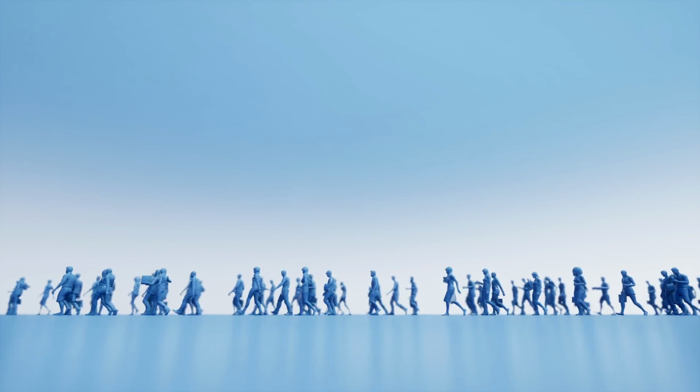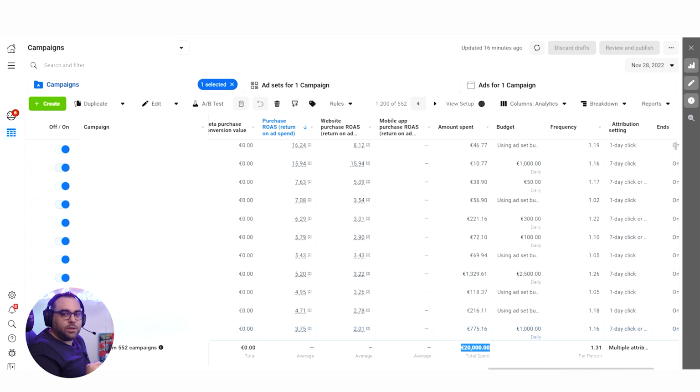And yes, Facebook also has hidden limits. So we know about the limits of the ad account that you can see in the business settings. Sometimes when people are starting, by the way, if you're here because you want to see how to lift your limits because your ad account is new, go away because this is not a video for you. This limit is all about a hidden limit that we have at very high spends. For example, I have seen this limit to be 50k, 30k, now 20k. This is the first time that I see 20k. It's one of the lowest that I have seen. Maybe because it's in Germany, maybe.